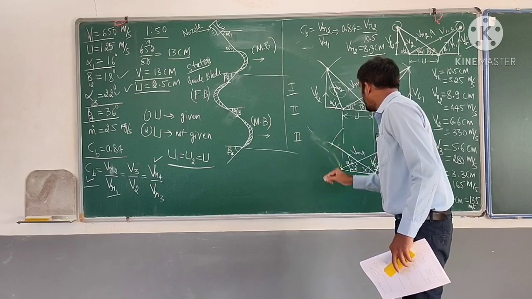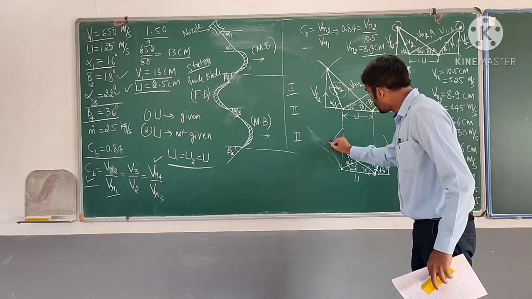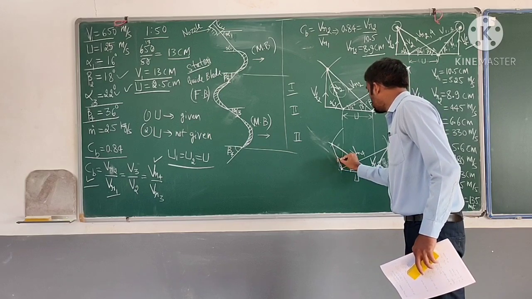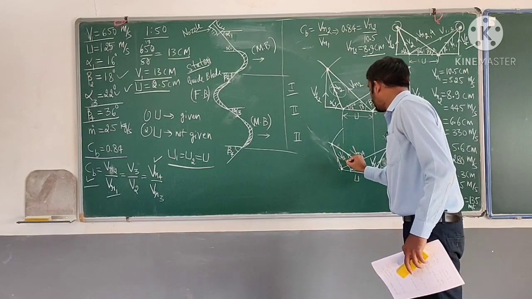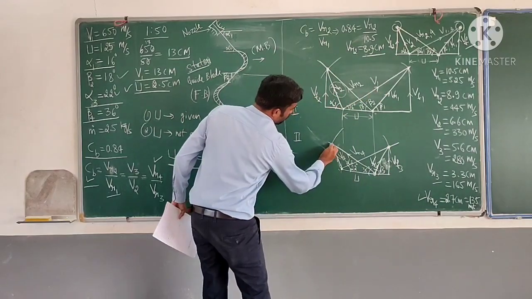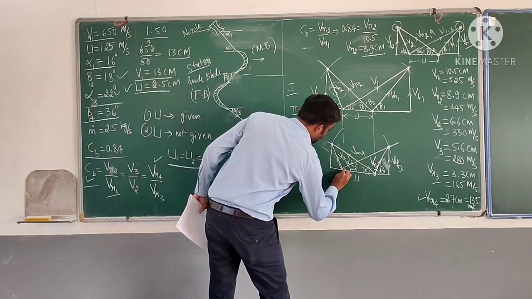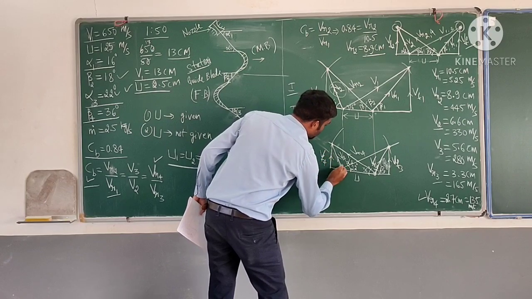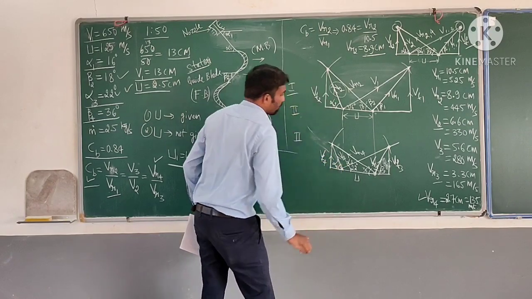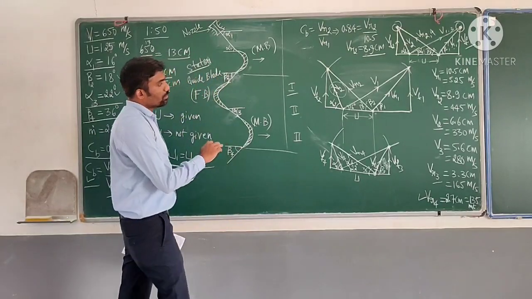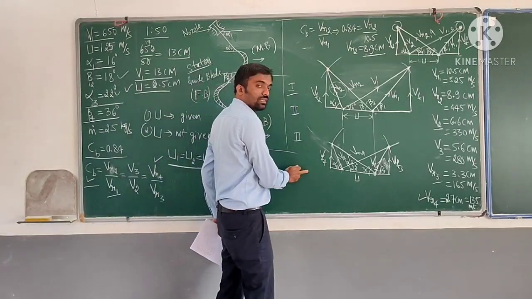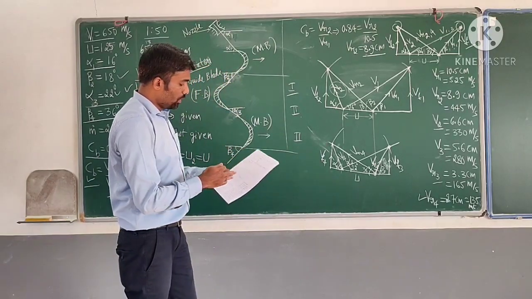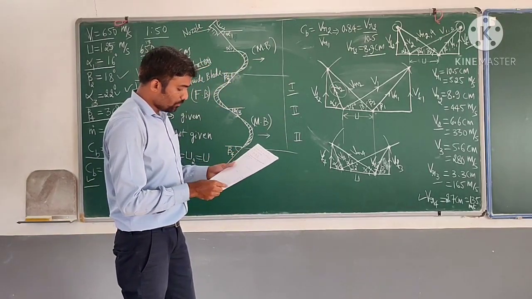Then once I get the intersection point, what I have to do? Just simply draw this to this reference point. So we will get V4. Okay. Then what we have to do? Drop the perpendicular. We will get this VF4. So if I measure the angle, I will get alpha 4. Okay. This completes the first stage and the second stage. And we can measure the parameters which are required to calculate the given things.